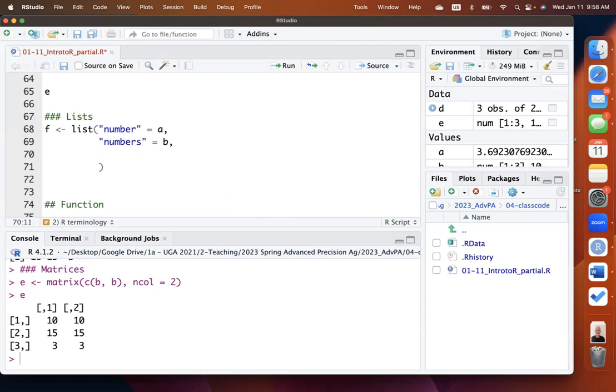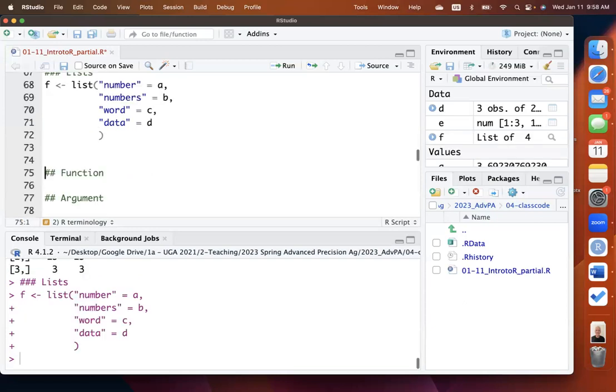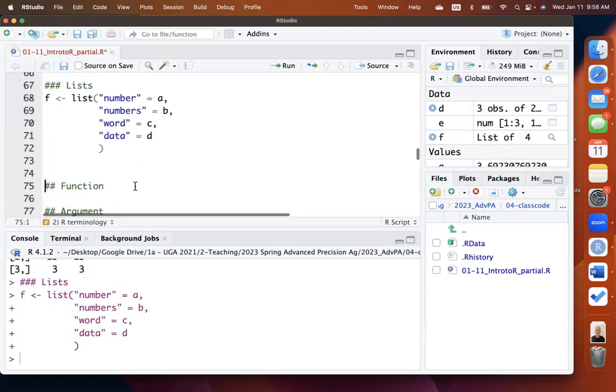I add a comma, I hit return. I want to create another component that I want to call word, and I want to assign C to that component of this list. Add comma, hit return. And finally, I want to add a component called data, and data is going to be equals to D. So if we just run this, it should run all right, no errors. And if we print it,